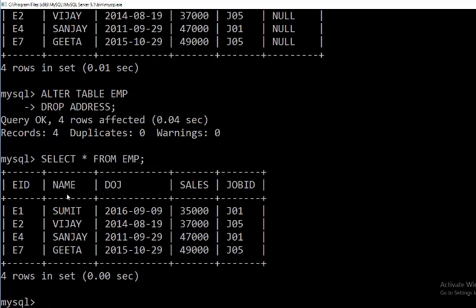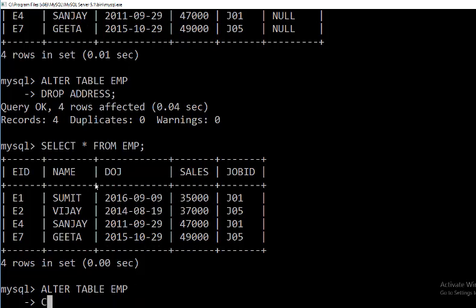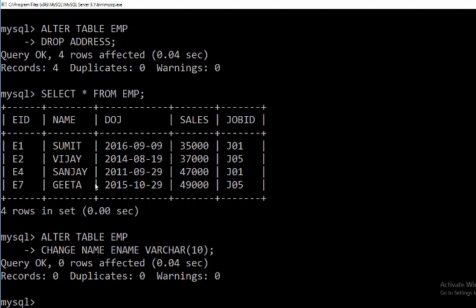Similarly, if you want to change the column heading, suppose instead of name you want to write ename, what will be the query? Alter table emp, the change keyword is used. Change name to ename. Here you have to write the definition, varchar. See, if you want to see the output, again select asterisk from emp.